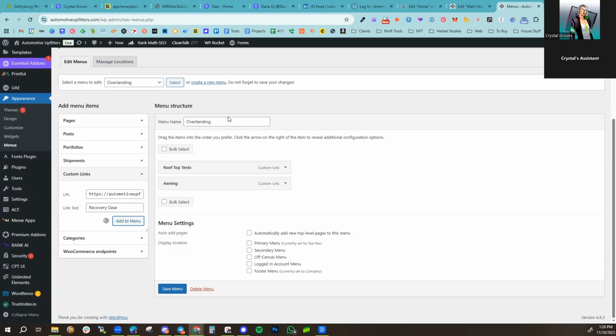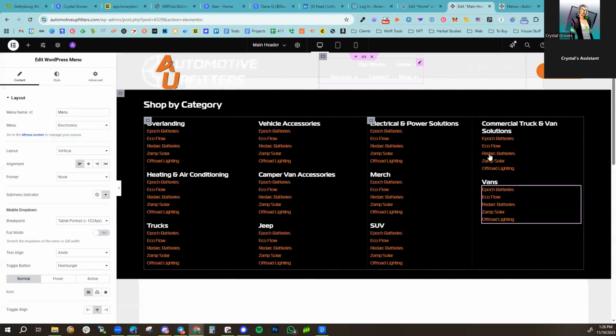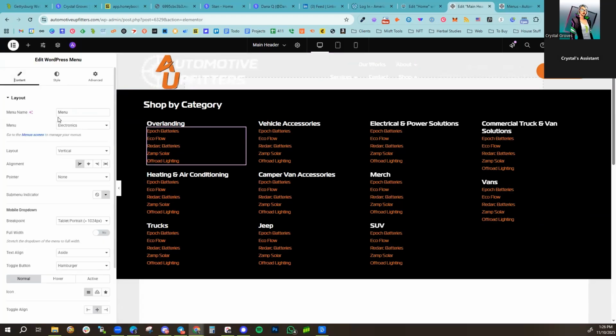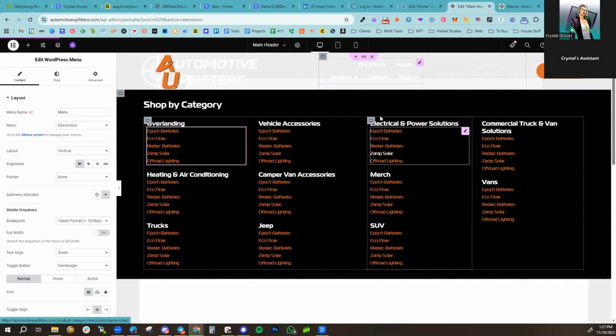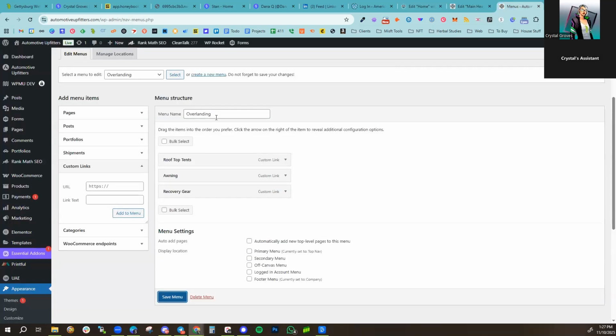So basically, what we're doing is we are creating this menu structure. You can see all of these are all the same menu right now. But when we select the section, let me move this zoom thing out of the way, you have the option to choose what menu you're displaying here. So this one, I have to refresh this. So let me save the draft and then refresh,